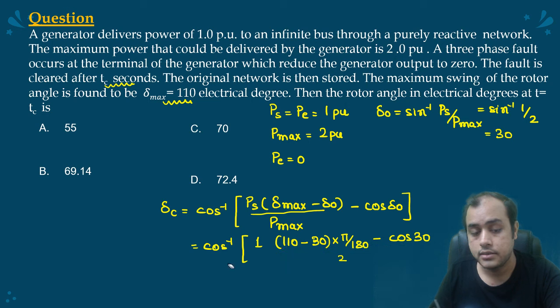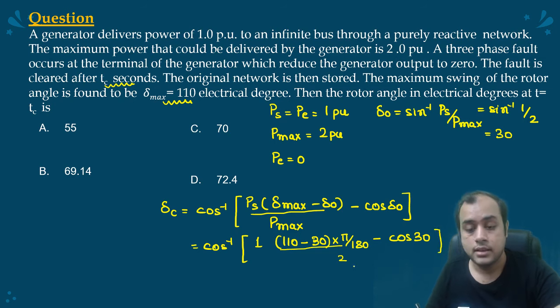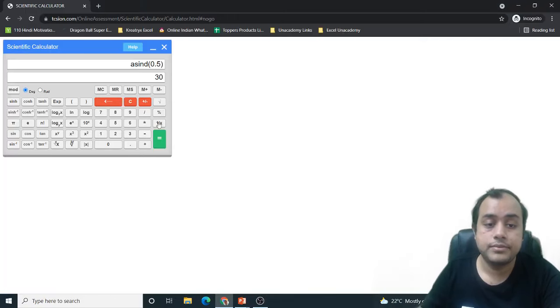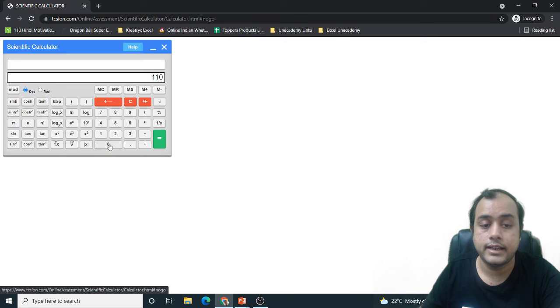So 110 minus 30 into pi by 180, divided by